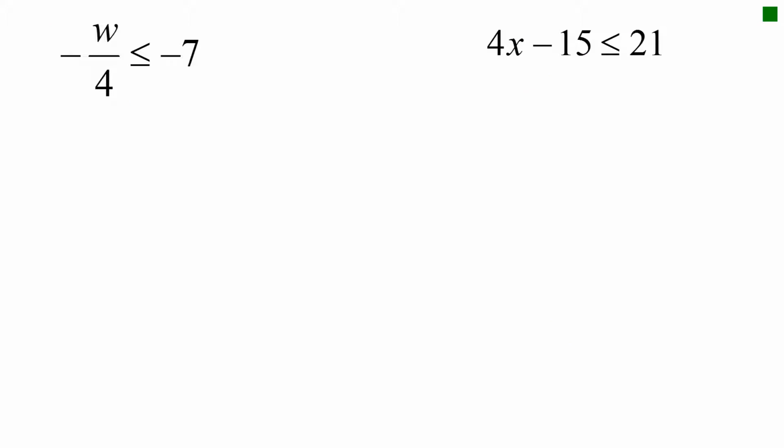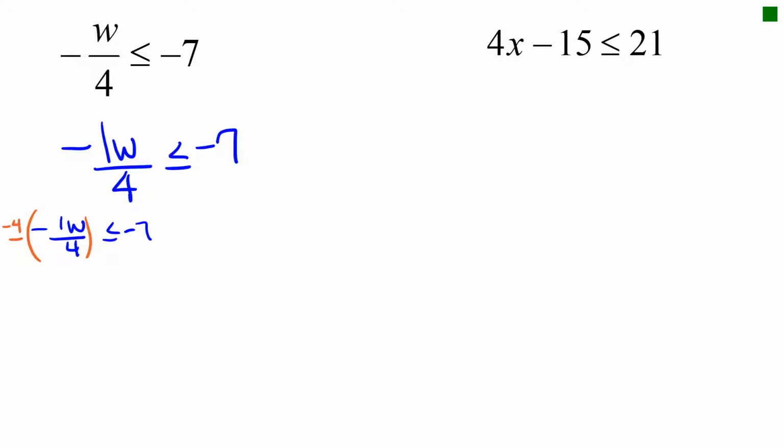Okay, so this next one, you know I don't like that negative in the middle of the air, and I don't like that W without a number. So I'm going to do negative 1W over 4 is less than or equal to negative 7. Options. You can take negative 1W over 4 less than or equal to negative 7 and multiply by the reciprocal, which would be negative 4 over 1. So this is the number you're deciding with. Because it is negative, the ones, everybody cancels there. Because it is negative, you are going to flip the sign